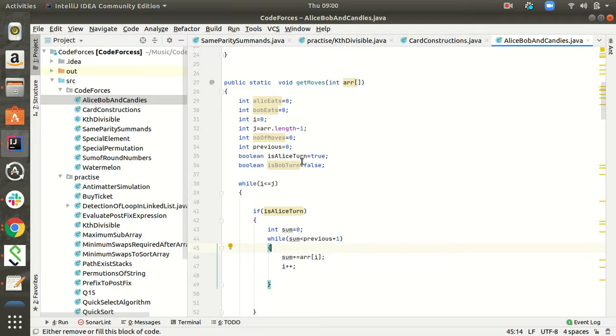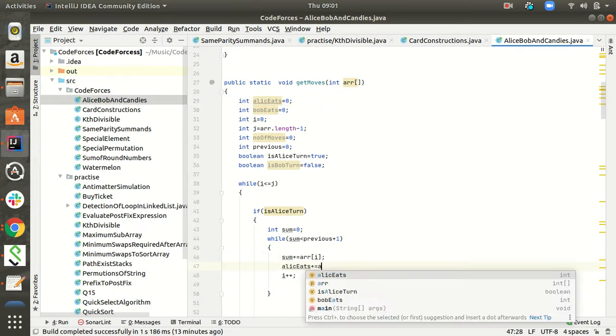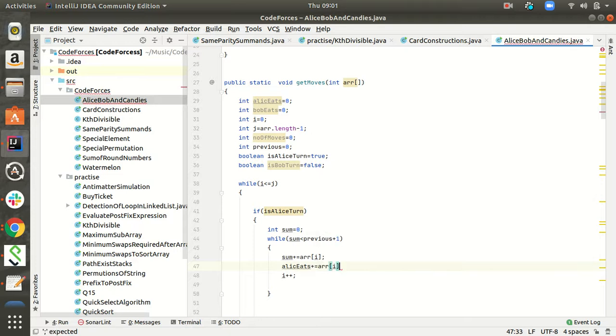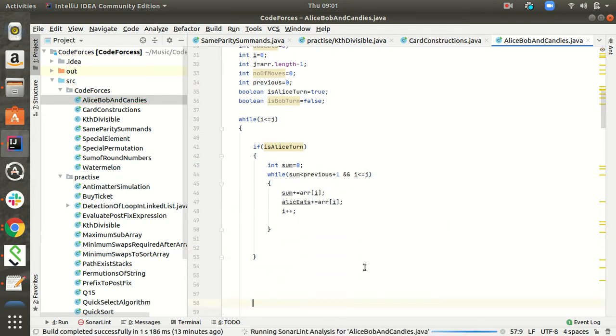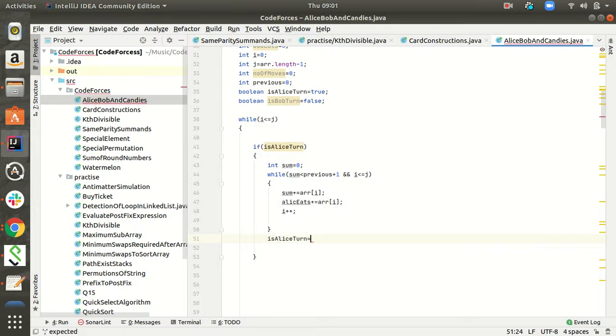We'll add this value to Alice's, and will increment i plus plus. We'll add another condition which is i should be less than or equal to j over here. So now we make isAliceTurn false.